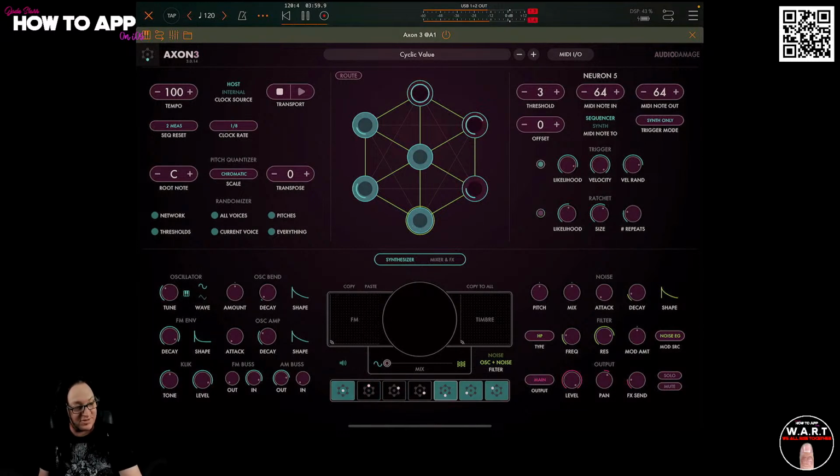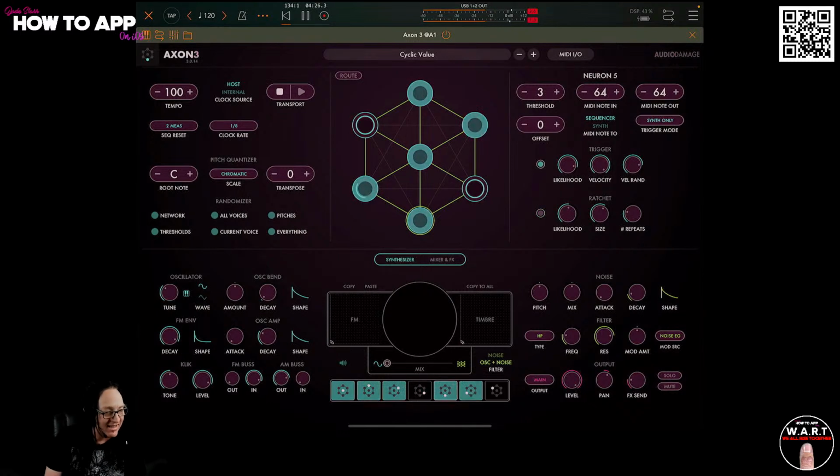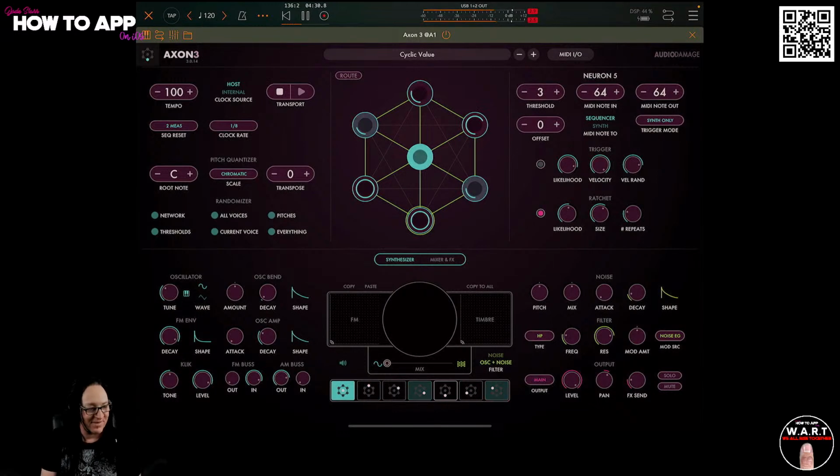Now, the manual's very big. I love what it says here. Let me read you this from the manual. "We understand you just got this shiny new plugin and you'd really rather play with it than read some dull exposition. Go ahead, install it, load it up, flip through the presets, move some of the controls around. Axon comes with a healthy assortment of built-in presets that will provide instant gratification and keep you amused for quite some time. However,